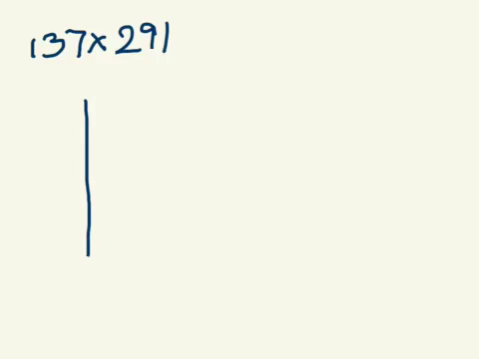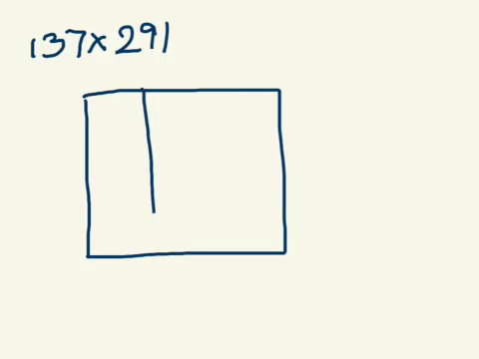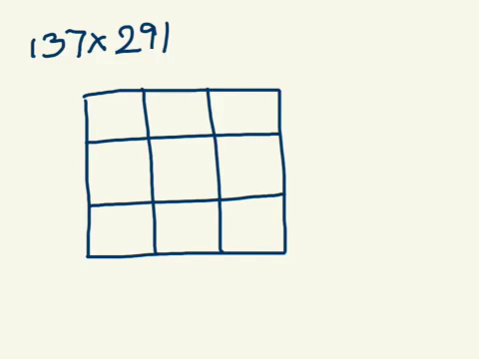This time we're going to do 3 digits times 3 digits. 137 times 291. I wish my handwriting were better, sorry. Now I'm going to need a really big rectangle with spaces big enough to hold my numbers. And I'm talking about 3-digit numbers now. So I'm hoping I can write small enough. So let's see, we have 137 times